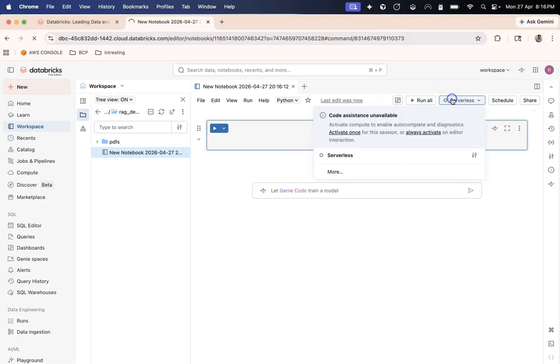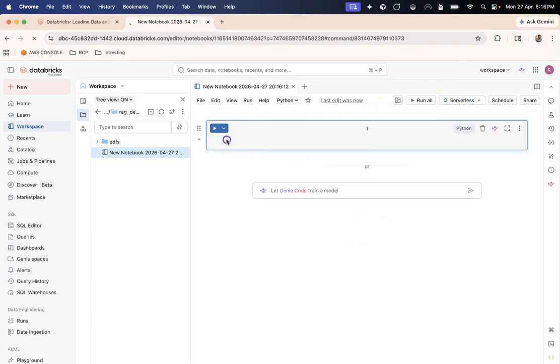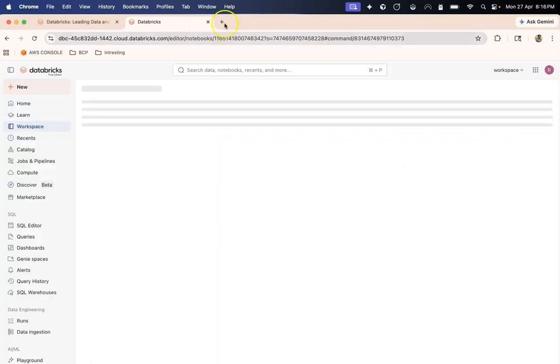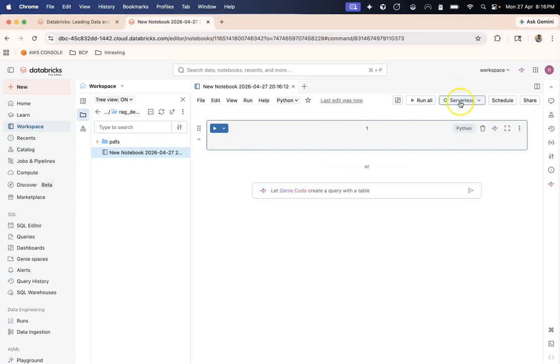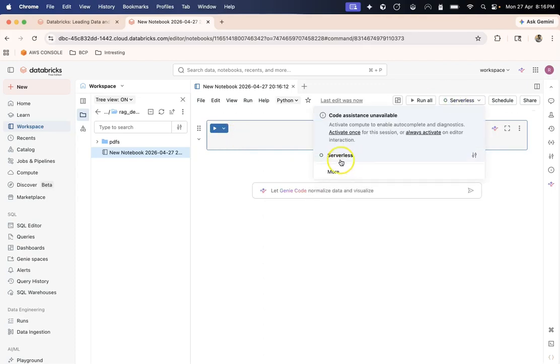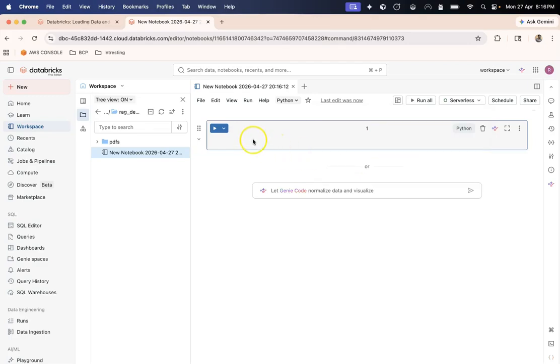Okay, so I'll just connect my serverless and attach it to this notebook instance and let it refresh. Okay, so I think now I can attach my serverless in here, and it should take some seconds to activate, and then I can start typing.